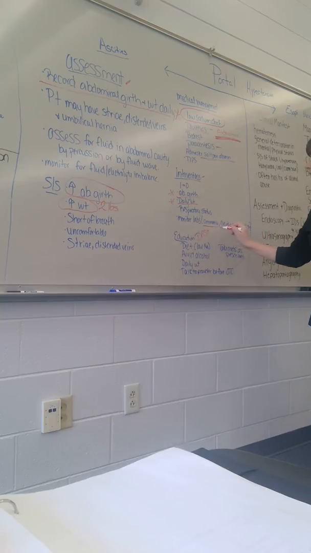And then monitoring their albumin, their creatinine, and their electrolytes. Because if their kidneys are not functioning the way they should, then they're not going to get rid of any of this excess fluid. Even if we pull it out, they may not get rid of it. Okay. All right. Questions about ascites? Is everybody clear? Do you have anything that you need me to clarify?